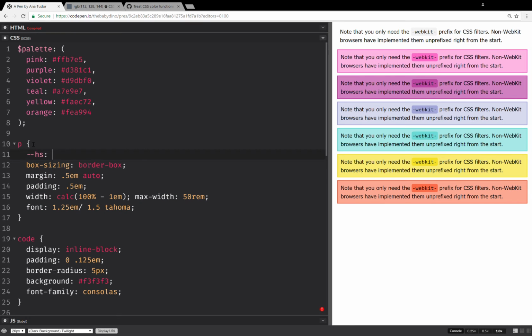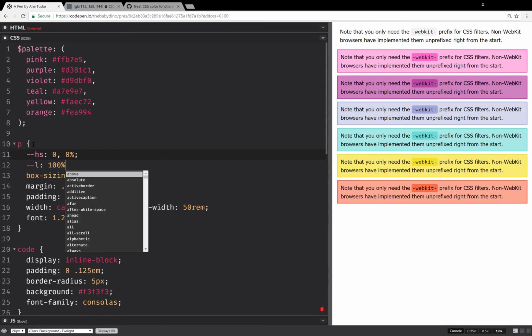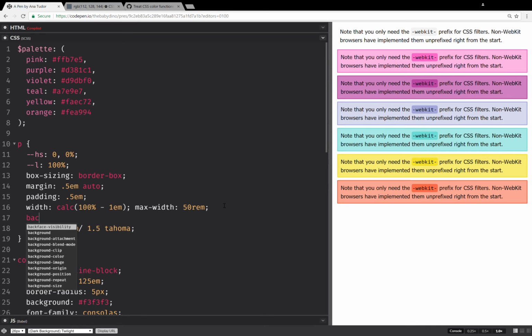So it's a hue and saturation list, which is 0 0 initially, and a lightness list, which is 100% initially, and we set a background here, so it's background, and it's HSL, and we use up the hue and the saturation list, and then we add up the lightness,